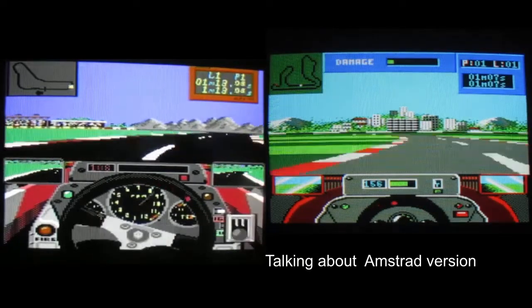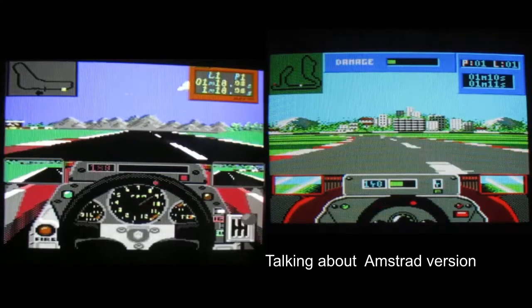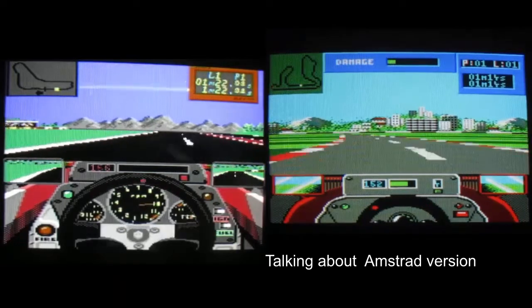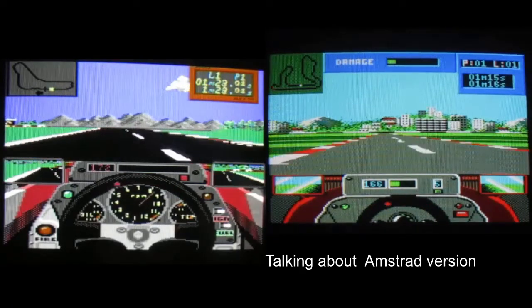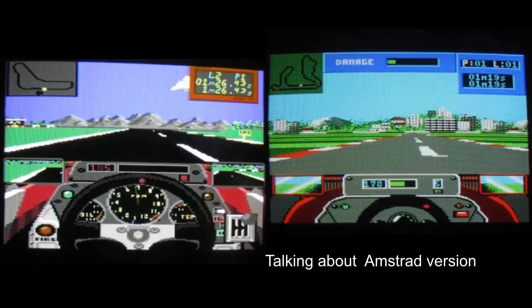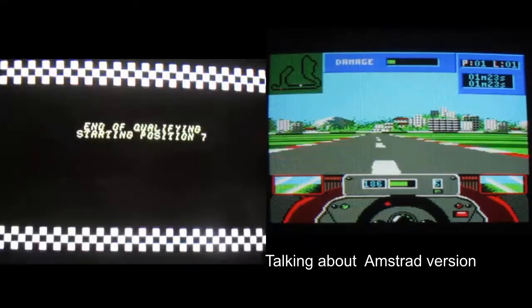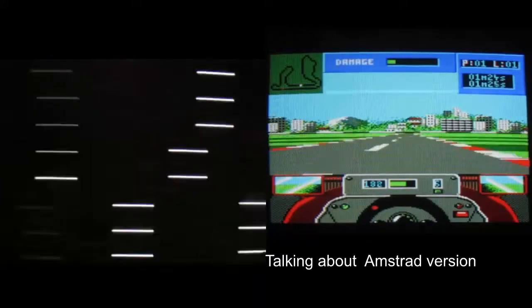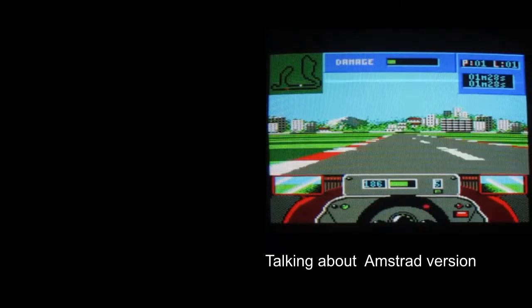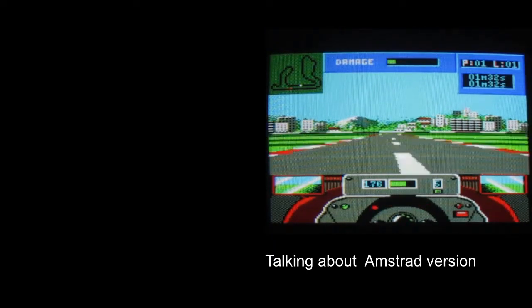I'm only bothering to qualify because I want to see how slow it gets when you have to draw 2-3 cars in front of you, and we're going to be at the back of the qualifying queue anyway. So it's surprisingly more playable than Hard Driving, which also does 1 frame per second on the C64. The graphic update is very slow though. Maybe 1.5. It's about half the speed of the C64 version,